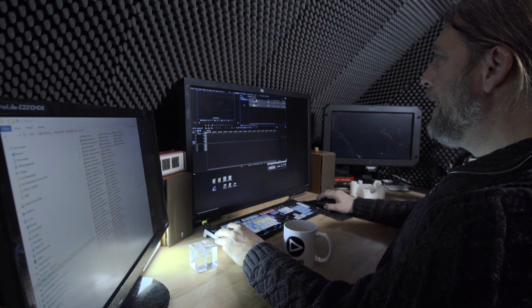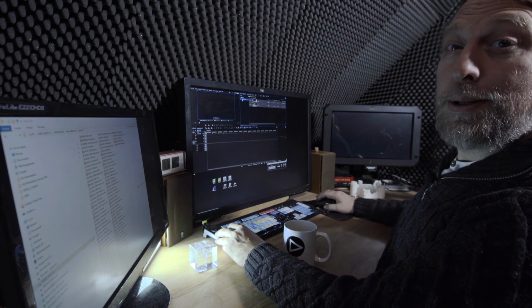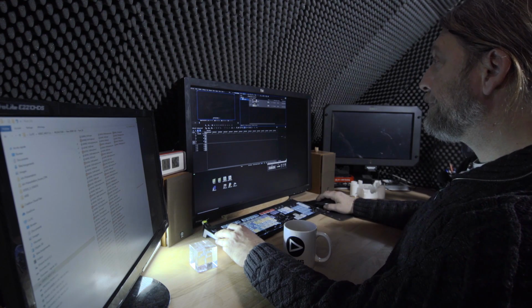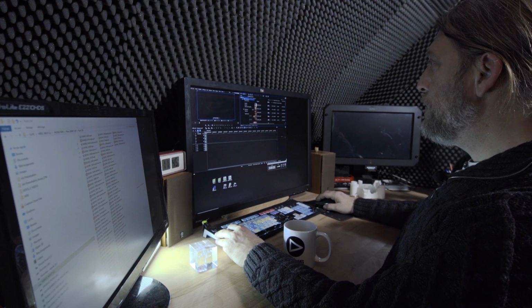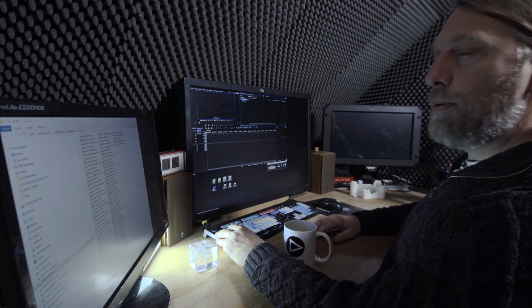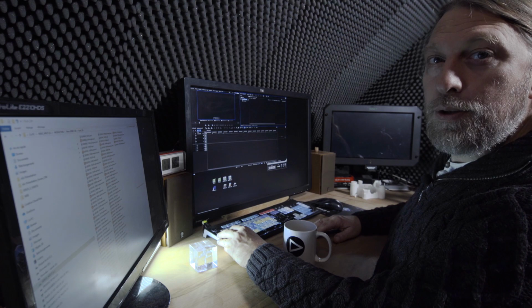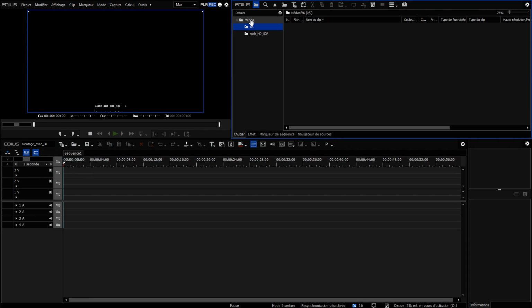Voilà. There will be no conversion. Edius simply adjusts the imported files. Now we are going to start sorting out a little bit, because we also did some test shoots with 120p with the same smartphone.